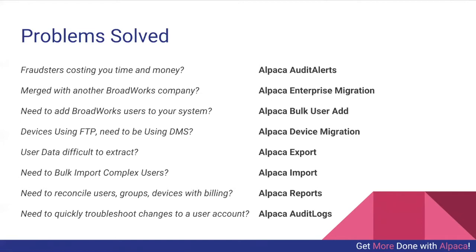So, for months, weeks, years in some cases, we have folks that have audit log history going all the way back to when it initially became available, a couple of years ago,